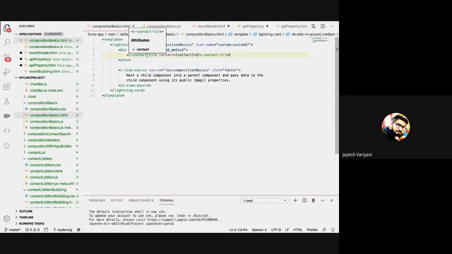You only have to bother about this contact tile component, as per the composition concept, because you have divided your whole complex logic into different lightning web components which are called inside each other. So we just need to make the change in this component only.